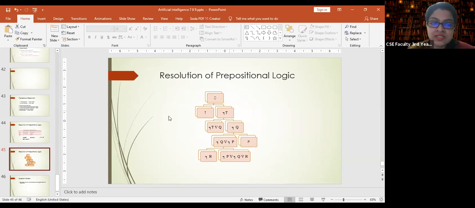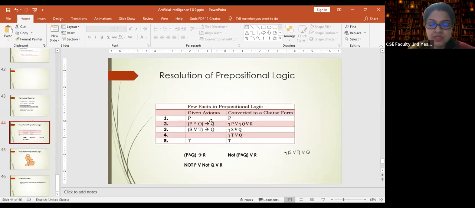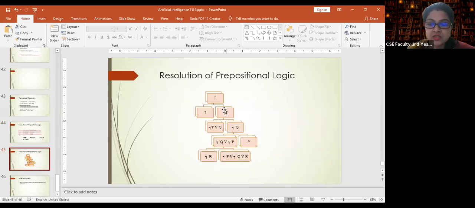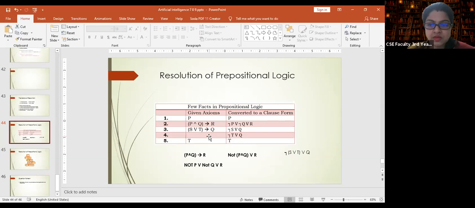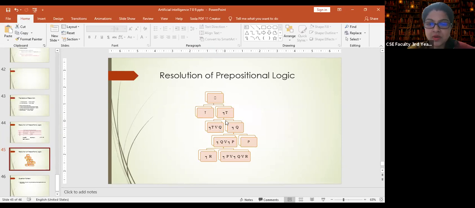So T and not T is there. T is given, as we can see. So T and not T we are taking. With the not T part, Q is coming. So the truth we are taking in the left side. So not T, Q is coming. As we are taking only Q in the left side, not Q is in the right side.